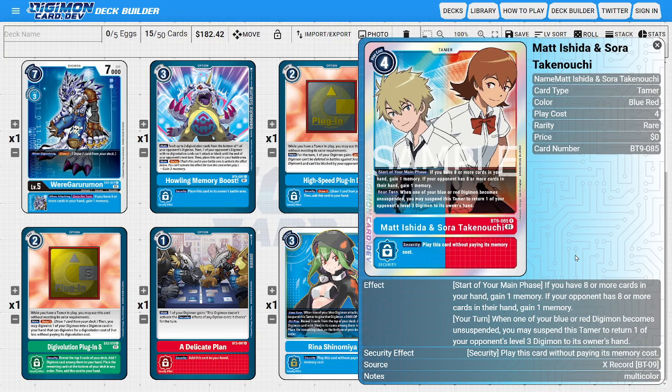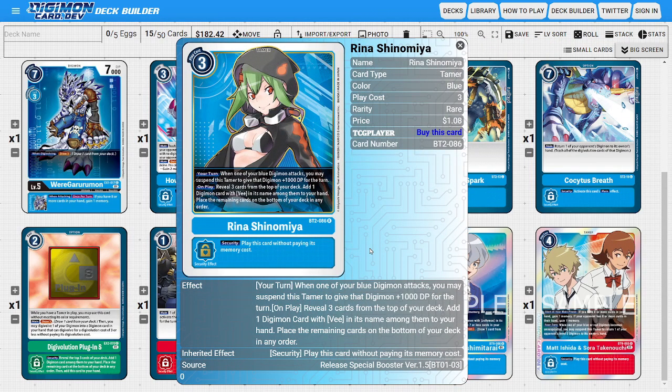to have a really sizable hand to gain memory, and if the opponent has lots of cards in their hand, then we'll still also be gaining extra memory that way to be able to make our plays as efficient as we possibly can. And even though it doesn't have the greatest of synergies with Ulforce, it is still part red to be able to utilize various other red options outside of a delicate plan if we really want to use those. Then some other Tamers that we could think about using is Rina, just because Rina is another card that